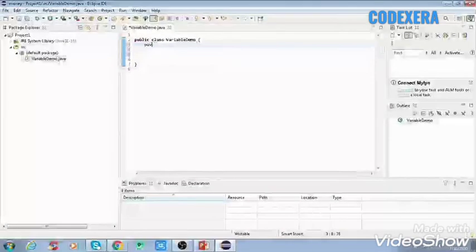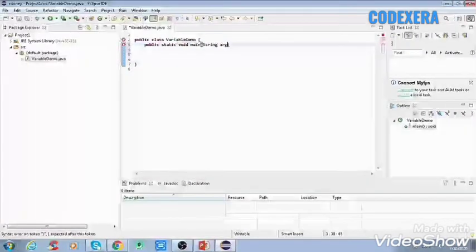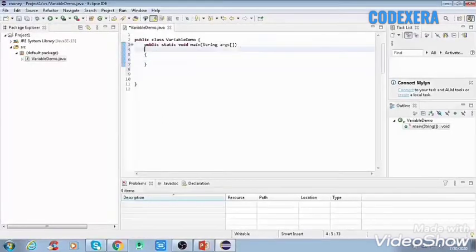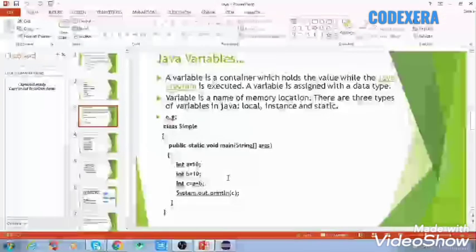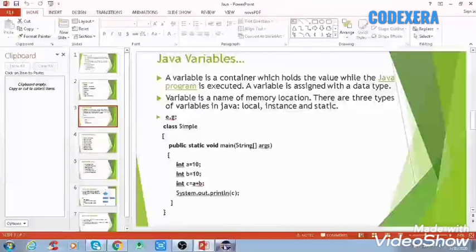So public static void main, and after that inside it we'll write a String argument, and we'll put a curly bracket. And now we'll see what a local variable is and what the other variables are. So here we have seen that we use a local variable only inside a method, an instance variable will be outside of the method, and static will be declared with the name static.